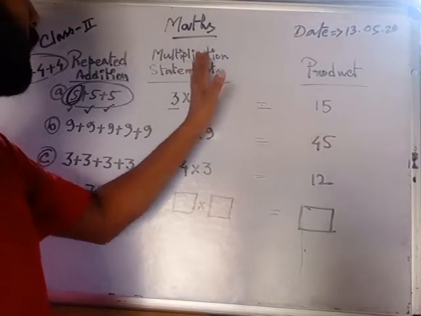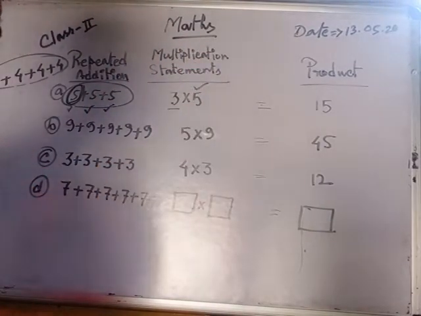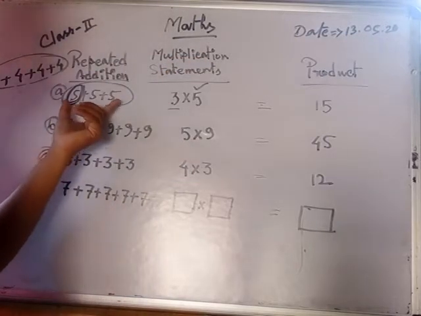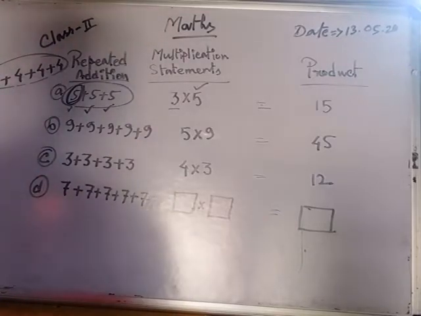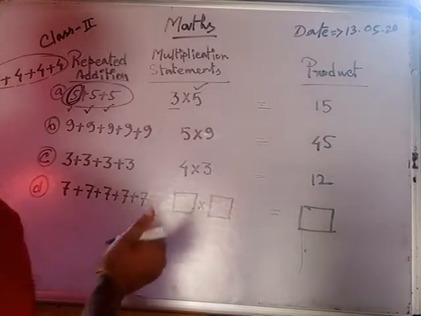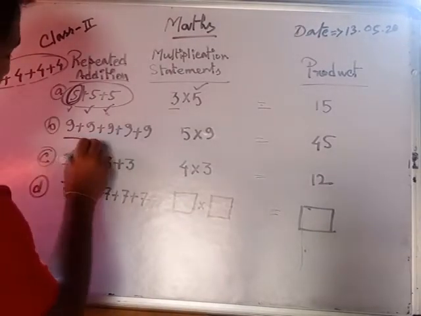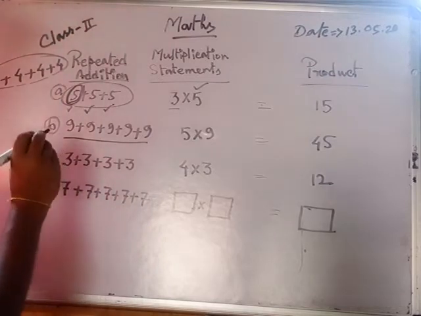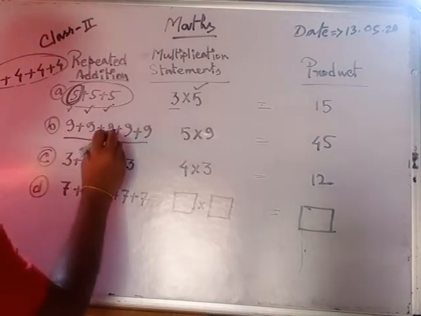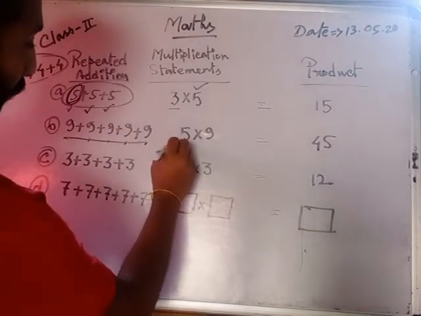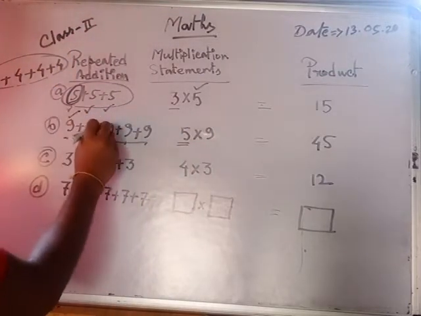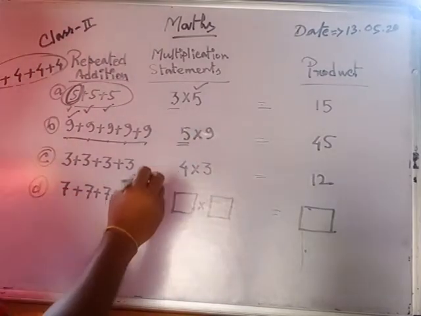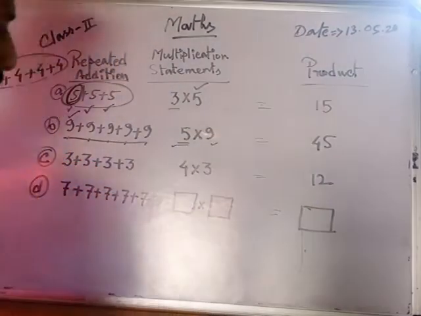After that we will go to the multiplication statement or multiplication fact. That means repeated addition is also one kind of multiplication fact, or multiplication statement, or multiplication process. If we add the same number, at first we will find out how many times the same number is added. How many times? 1, 2, 3, 4, 5 times. So we should write here 5 at first. After that we will write this particular number next, as a multiplier, that is called multiplicand.